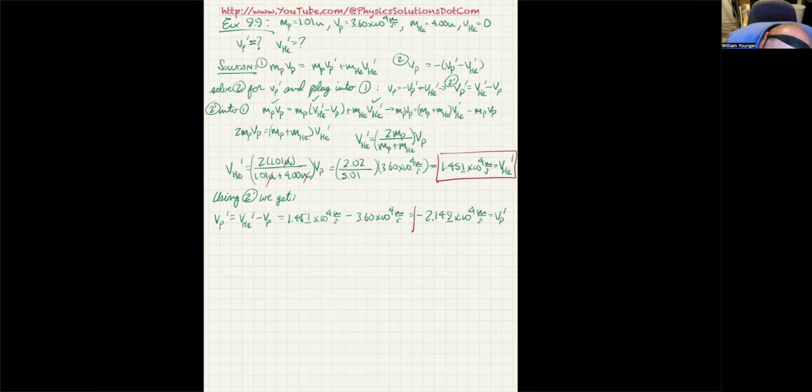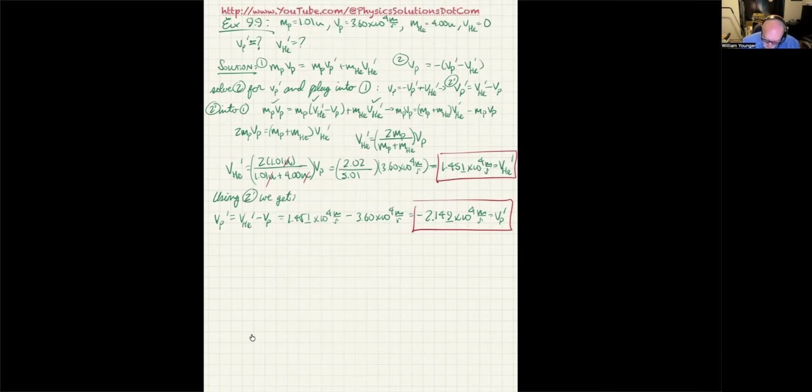And that just shows us that the lighter particle, the proton, ran into the heavier particle, the helium particle, and bounced backwards. And it had a velocity almost as big as its initial velocity, but still it did bounce backwards. So that is the way we go about solving problem example 9.9. Hopefully that worked out pretty well for you. We still got about 20 minutes left.